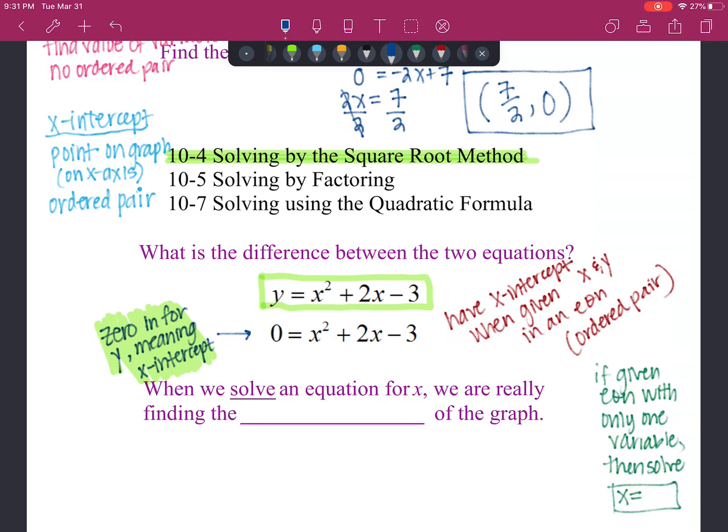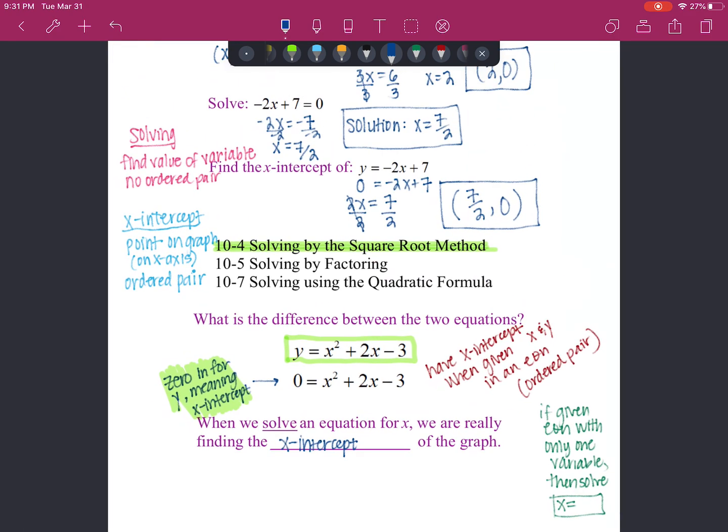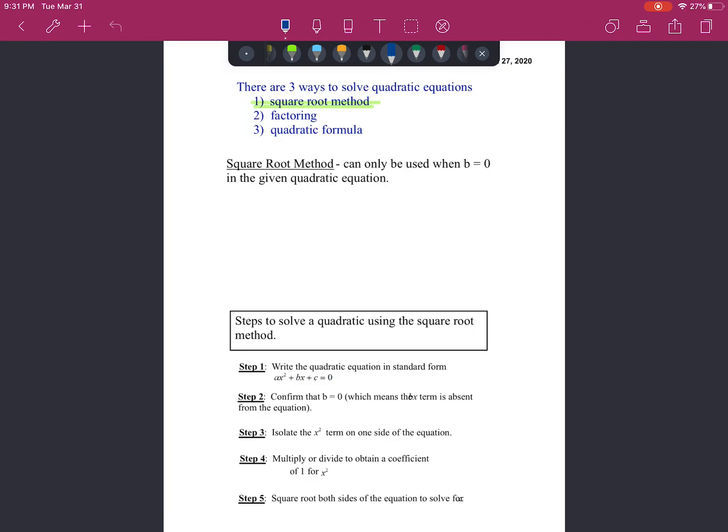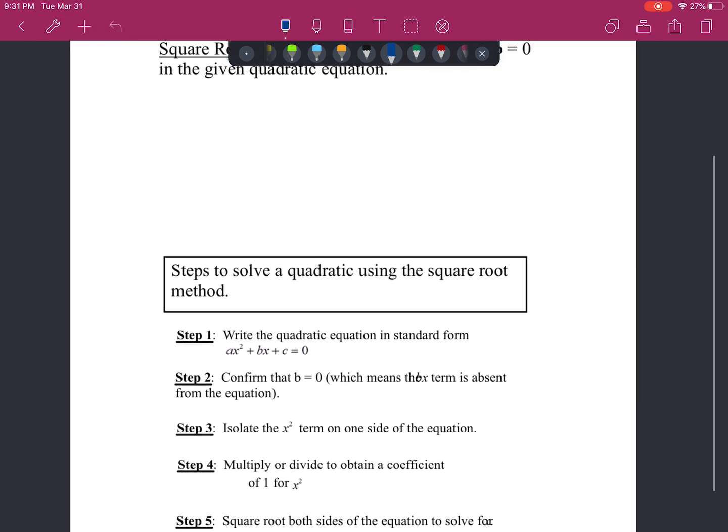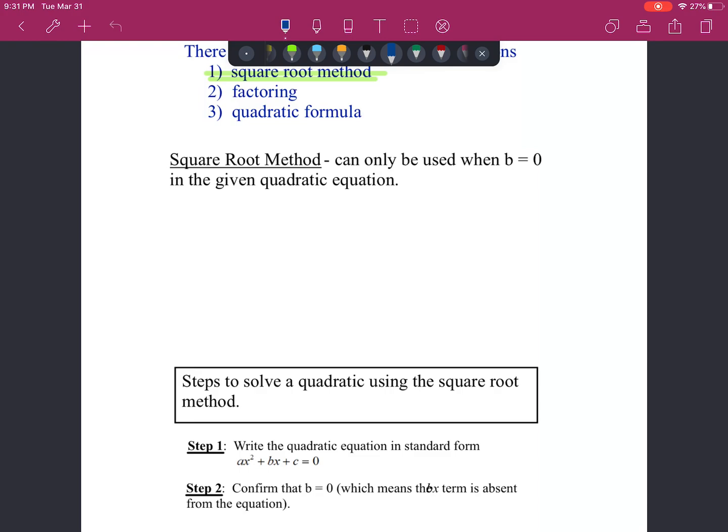So when we solve an equation for x, we're really just finding what? We're finding the x-intercept of the graph. So every time we solve by the square root method, we're going to draw that horizontal x-axis, and we are going to plot the solution or solutions. Okay, so in the next video, we're going to go through the steps that we take to solve a